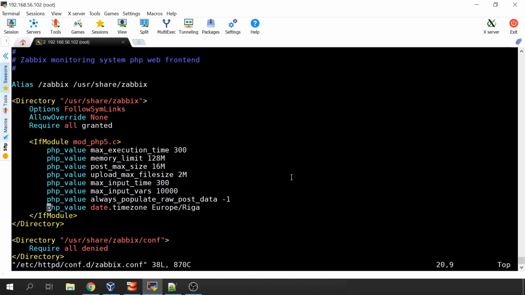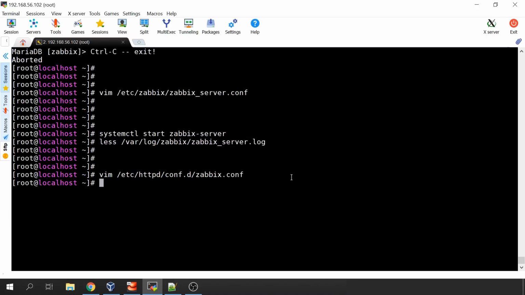So uncomment the setting, save the configuration file, and that's it. The only thing that we need to do right now is systemctl start httpd, which is Apache, which is our web engine. So start the service,